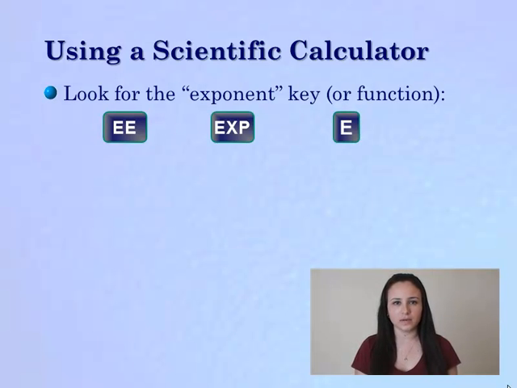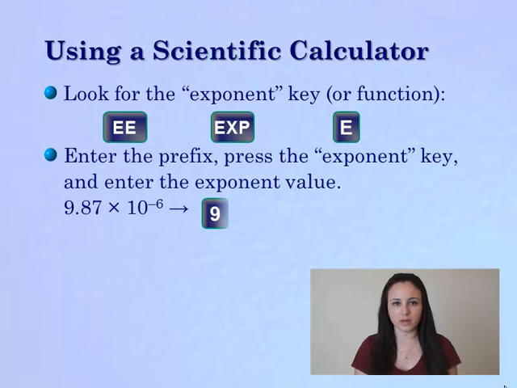Now, using a scientific calculator, you'll have to watch for the exponent key. It will vary on different calculators. You'll either have the EE or the EXP, or in some cases, just an E key. So to enter the prefix, for example, with an EE key, to enter 9.87 times 10 to the minus 6,